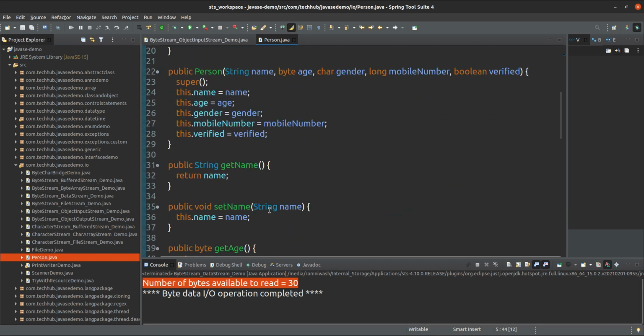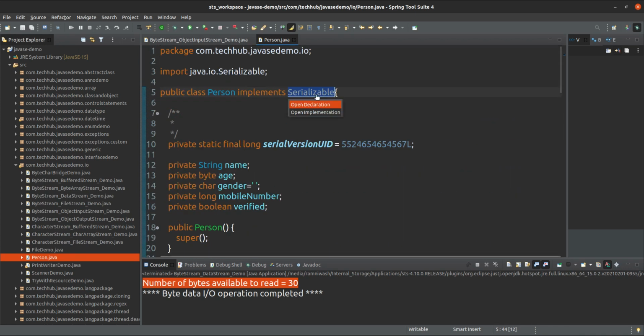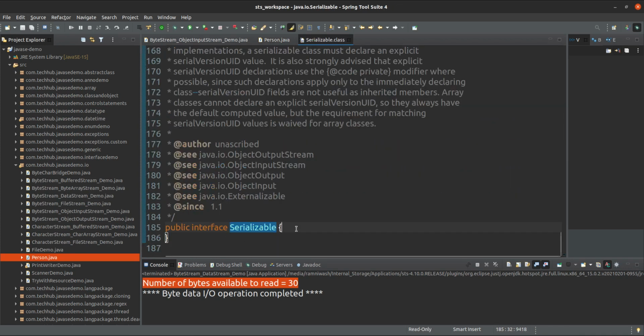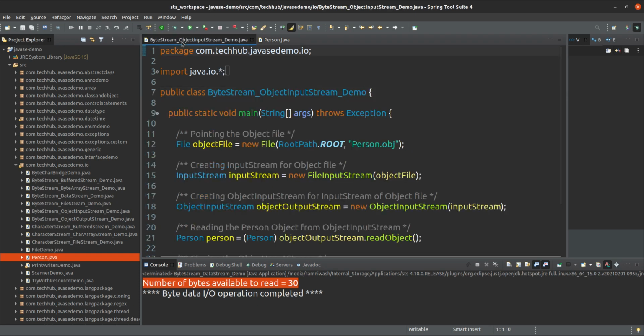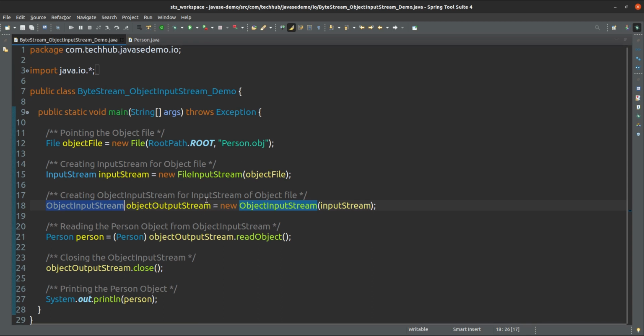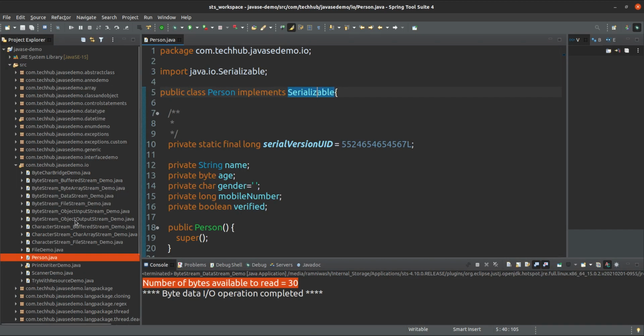This Serializable interface is a marker interface. It doesn't have any abstract method. So we have to implement this first, and after implementing it we can use object input stream to read, and in the same way we can use object output stream also.